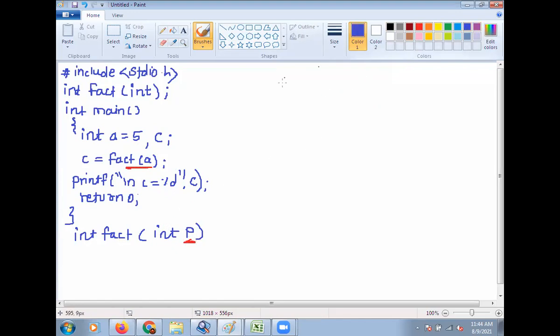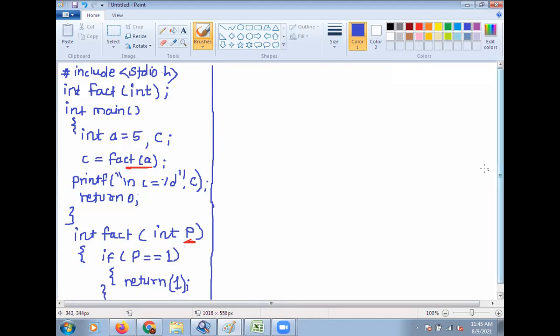Okay, so in the definition we will check if p is equal to 1, then return 1 and bracket complete. Otherwise, that is else, here